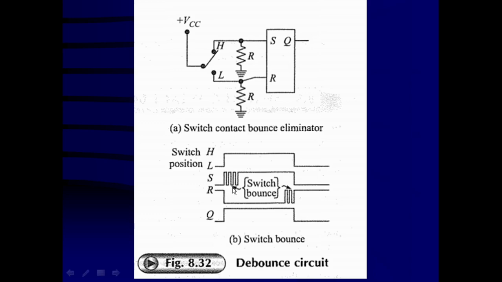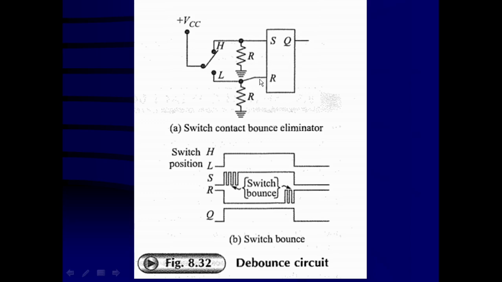So it is responding to the first level change from low to high at S only. Similarly, when the switch position is changing from high to low, again this contact arm is bouncing on L here. That means the multiple signals are going to be faced at R. S becomes 0, R is going to be 1 on the first high level. So at that time, the flip-flop is going to be reset and the output is going to change from 1 to 0, and the flip-flop stores the output 0 at the first level of R going high.